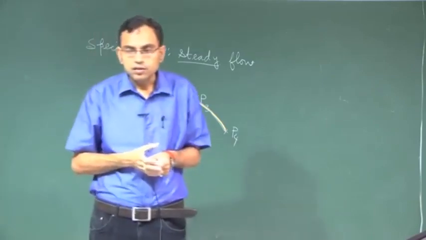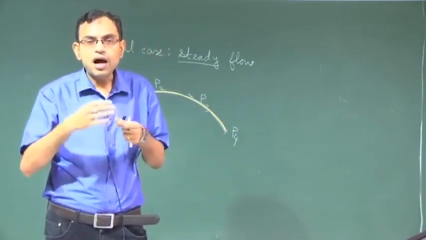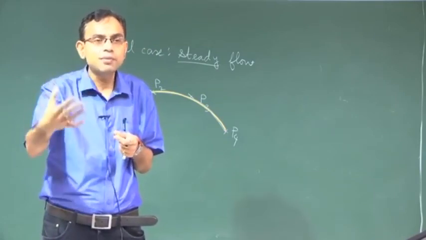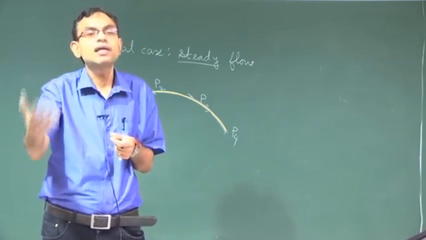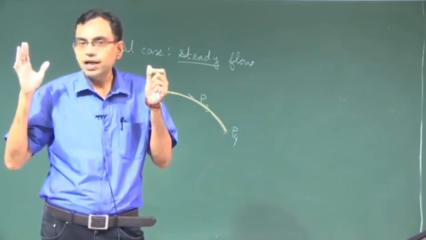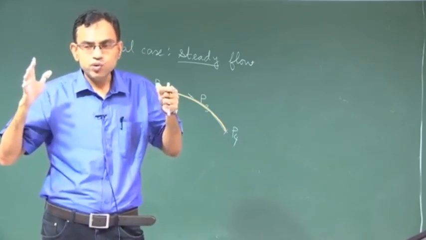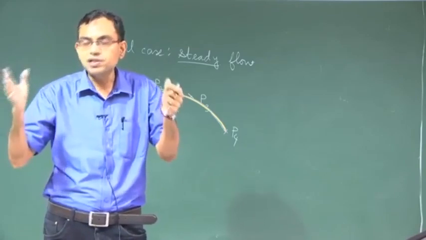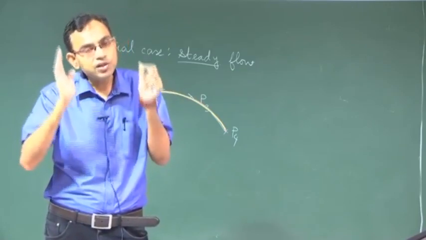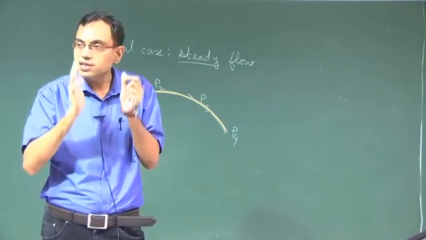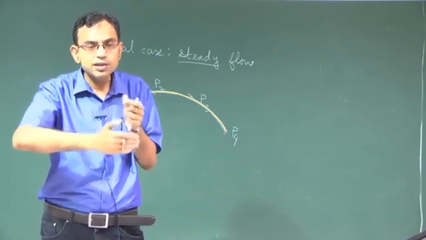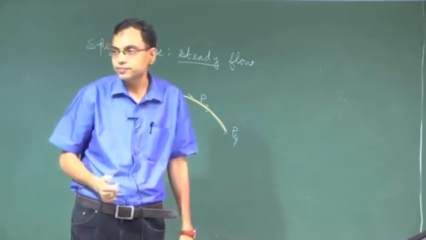Okay. And one artifact of this is that whatever you visualize in a steady flow experiment as a streak line, you can also call it as a streamline. And this is the propagation of a misconception that, you know, when a student is told that in an experiment a streamline is visualized, it is not fundamentally a streamline, but it is actually a streak line. Because it is a steady flow, the streak line is eventually same as the streamline. So, this conceptual gap needs to be rectified in the class. Okay.